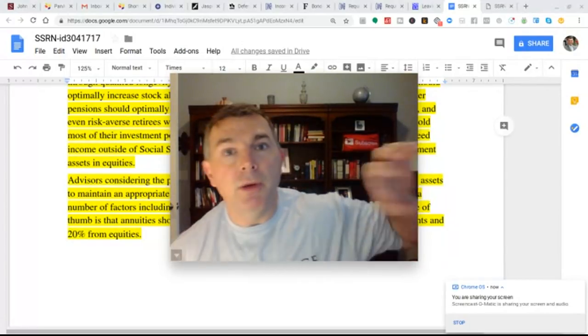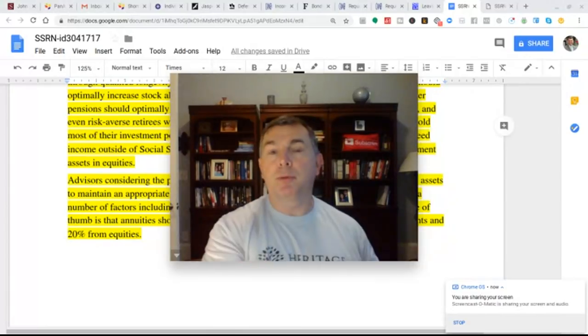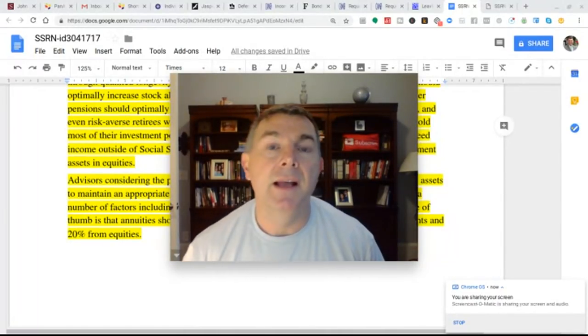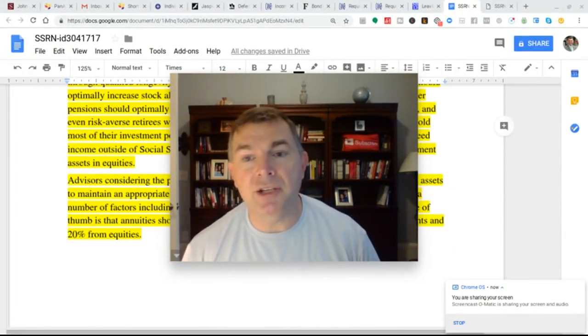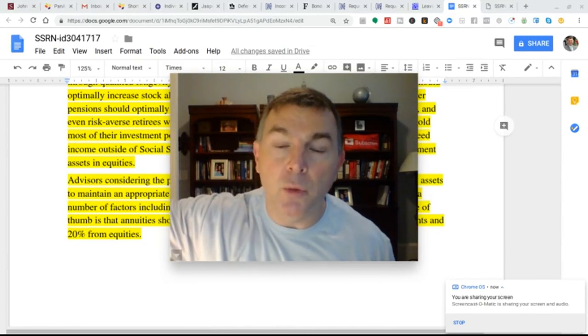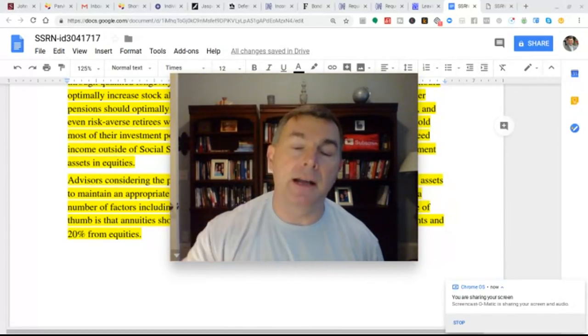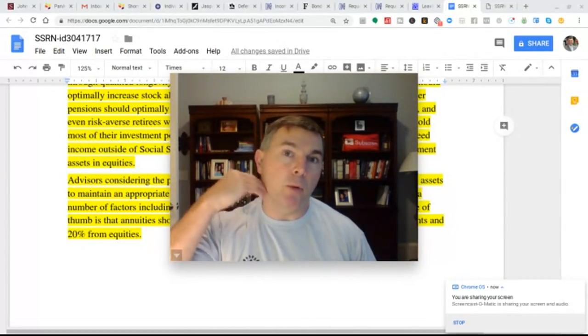But that's wrong because you're not including what is over here in your guaranteed income, which should come from the bond asset. So Finke and Blanchett are saying that the $400,000 remaining should be more towards equities because you have to include this even if it's not on the balance sheet. Now, again, I'm going to go draw this on the whiteboard here in just a second.